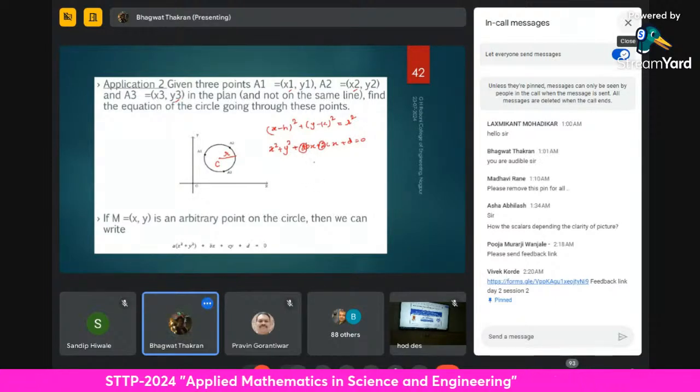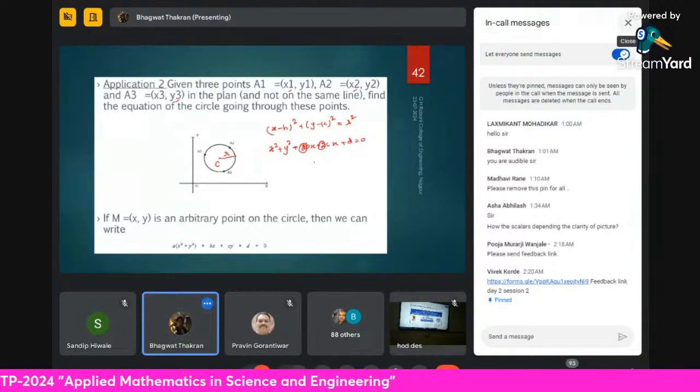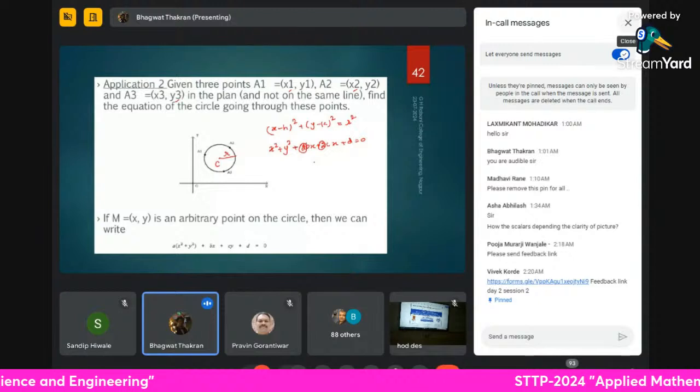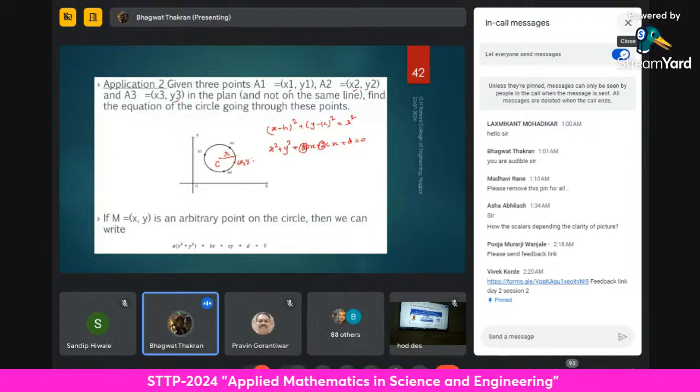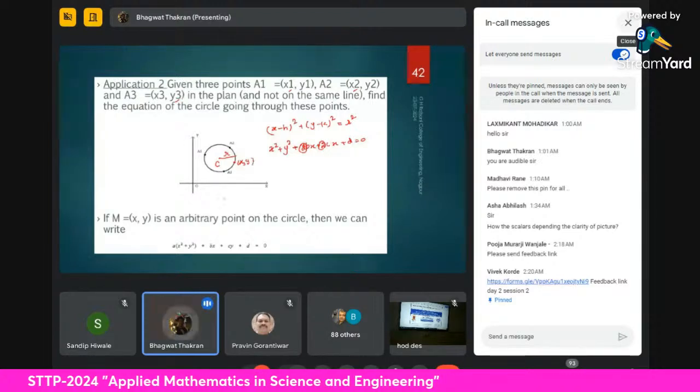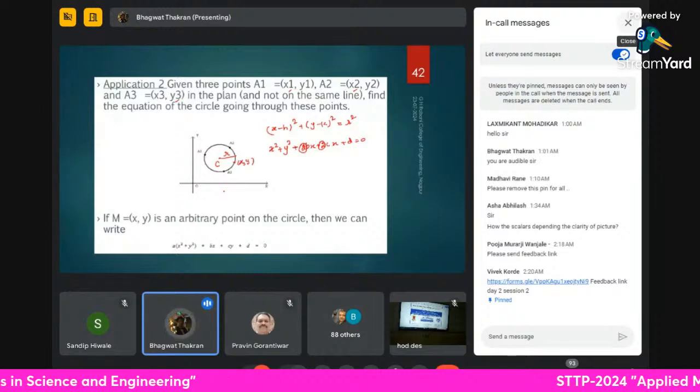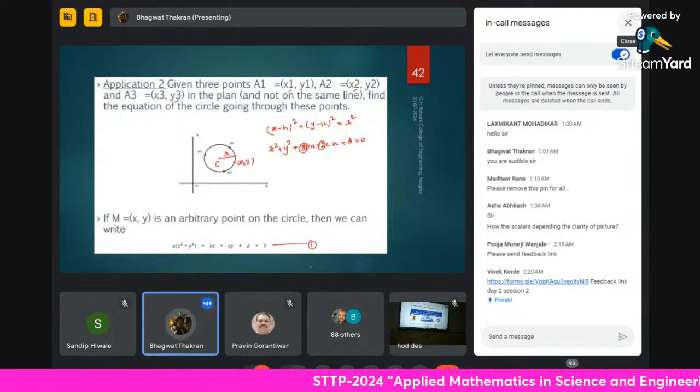But if we don't know the center and the radius, we'll consider any arbitrary point on this boundary. Let's say it is x comma y. I can say this is my standard equation of the circle,